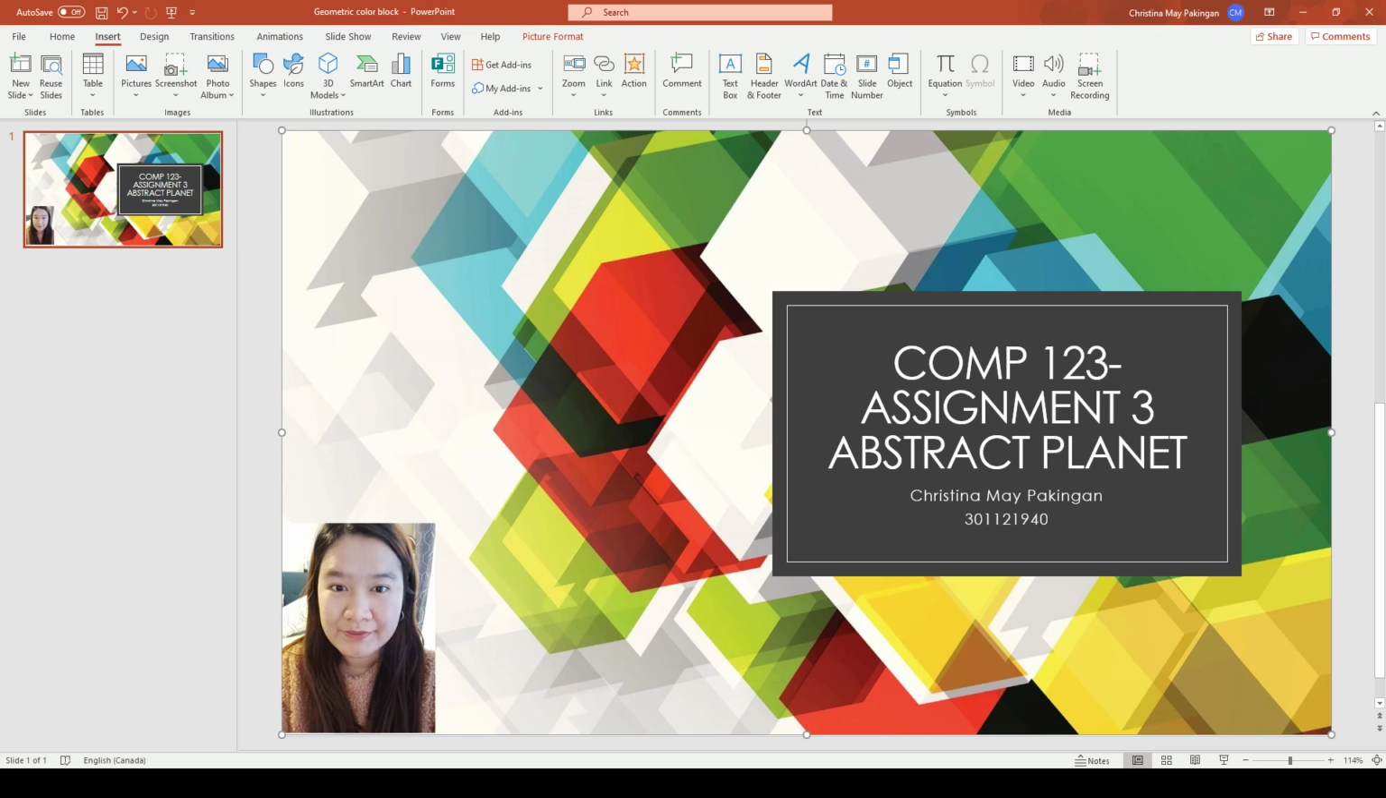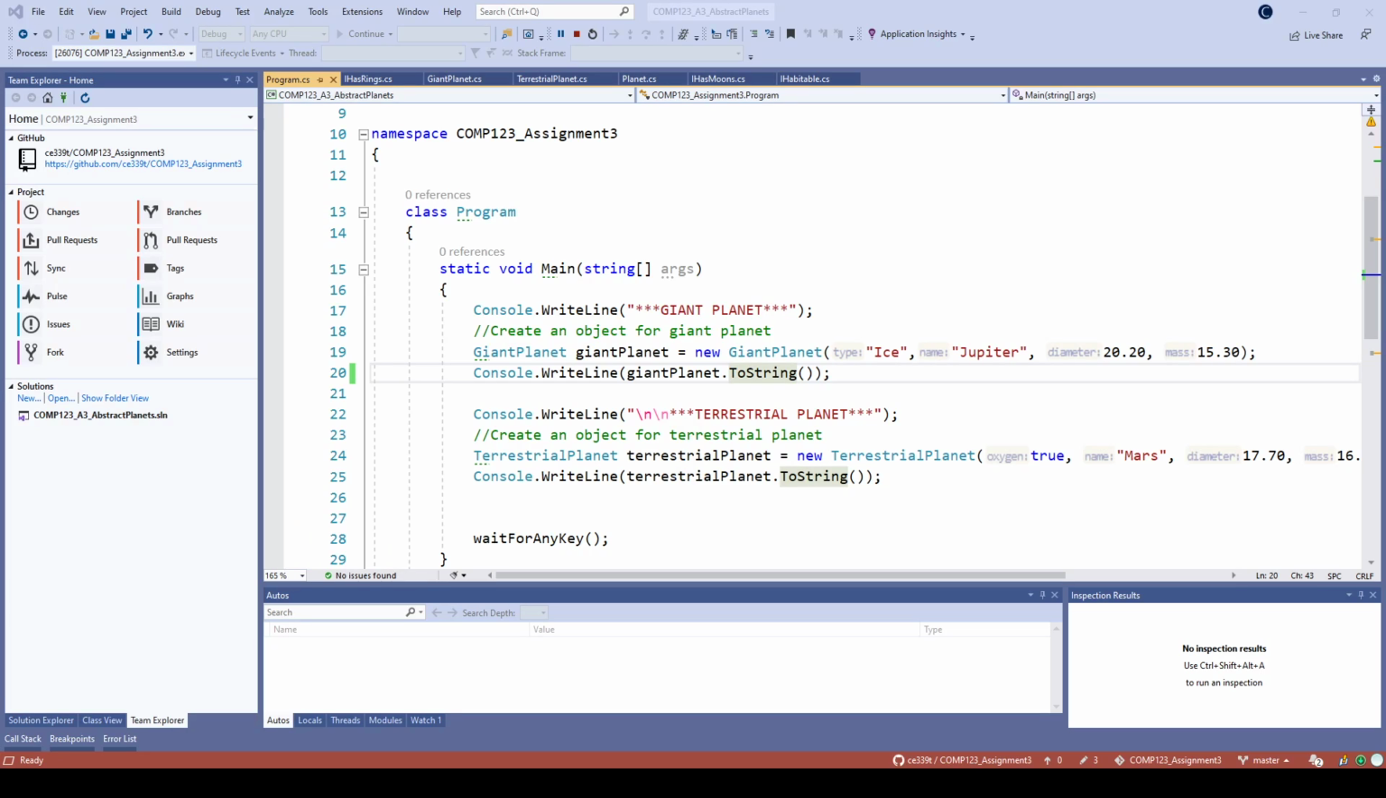So I'm going to explain about assignment number 3, which is the abstract planet. Basically, this is about inheritance. So let me start by explaining the code. Alright, so let's start with the